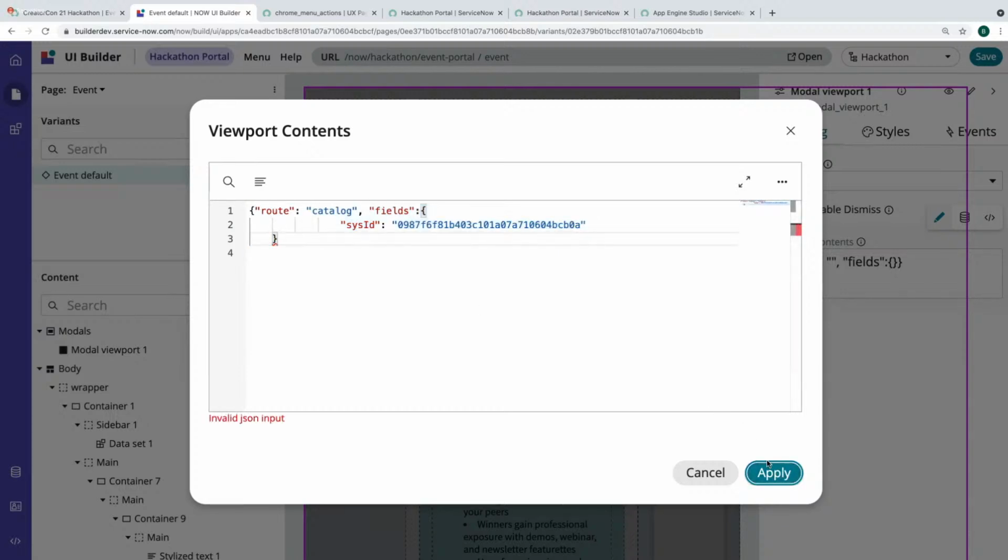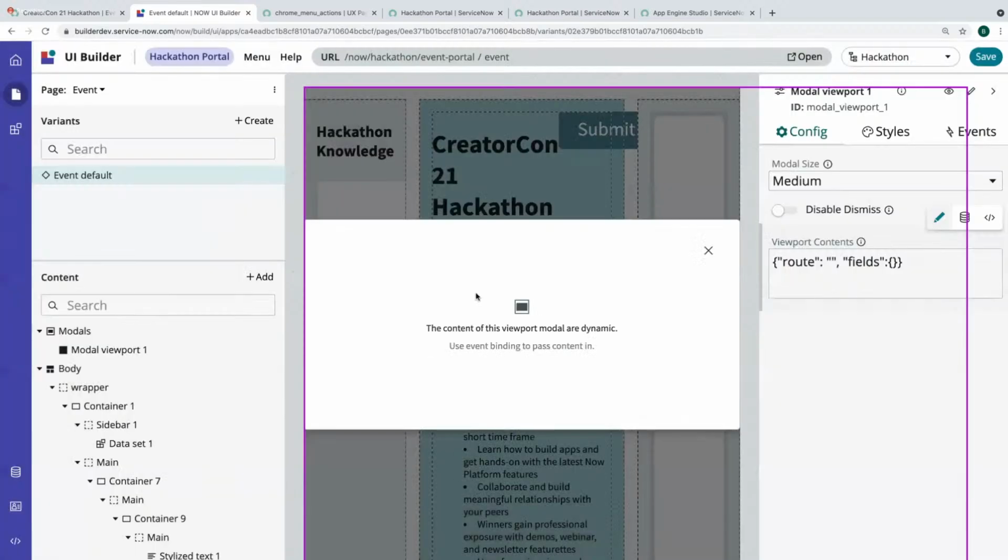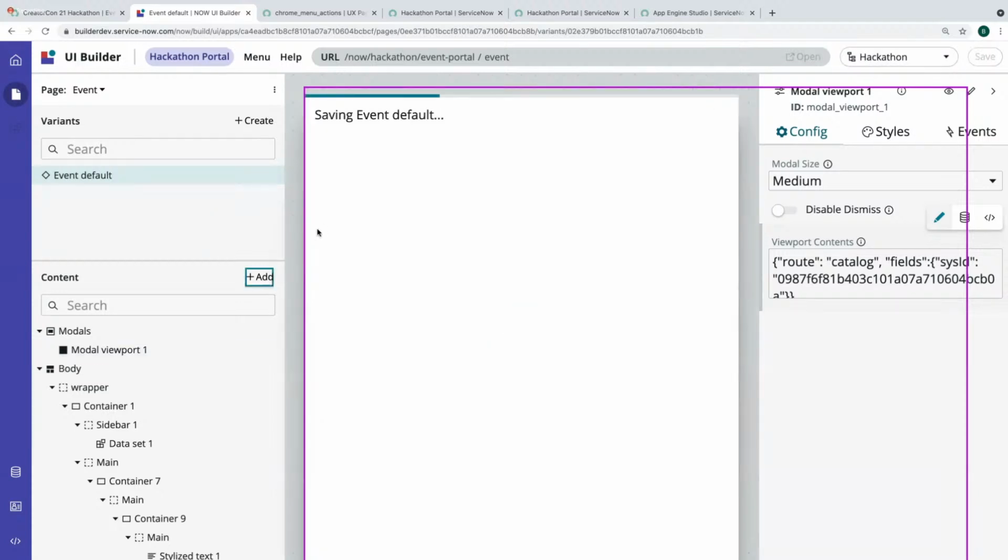Let's just leave it. It'll yell at me if it's invalid, and it did. You need a second closing. Okay, so I think that worked. Let's save it.